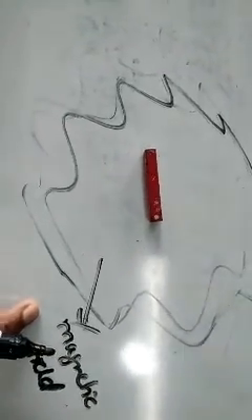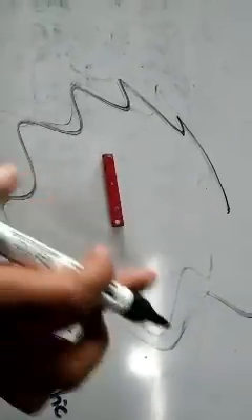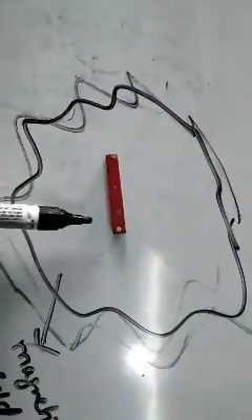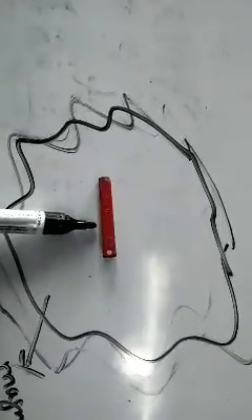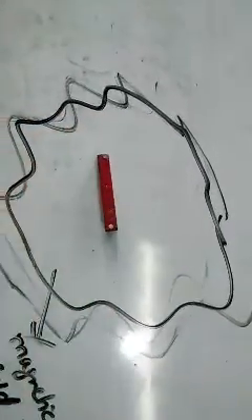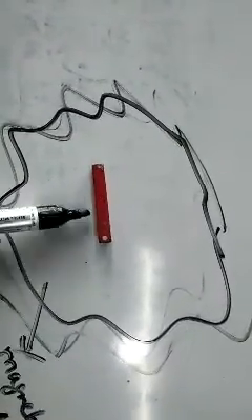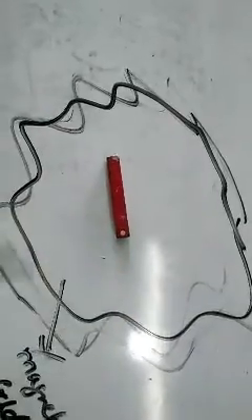What is meant by magnetic field? The space around the magnet up to which its effect is there. Effect means, I told you, attractive or repulsive effect. Just like if it is the principal sir, his effect is up to the school, so school is his field. If you are there, your field is your house only. If I am there, my field is the classroom only.